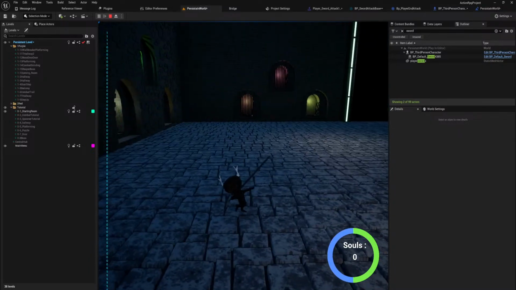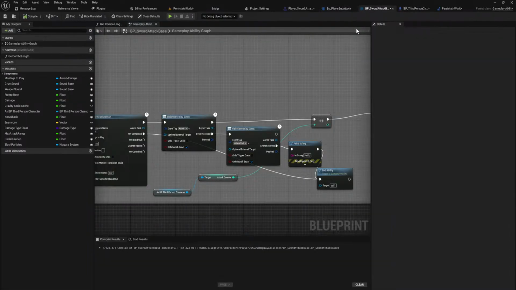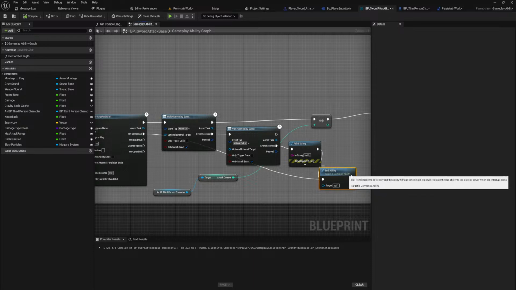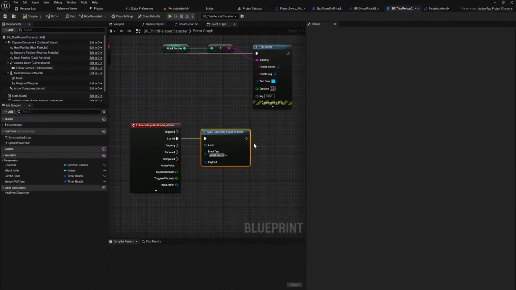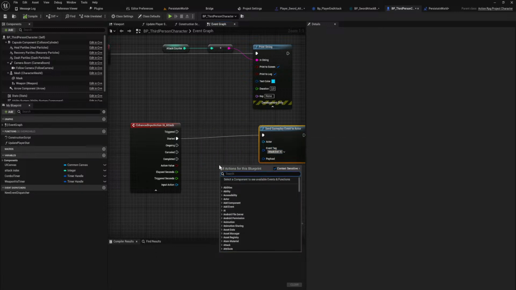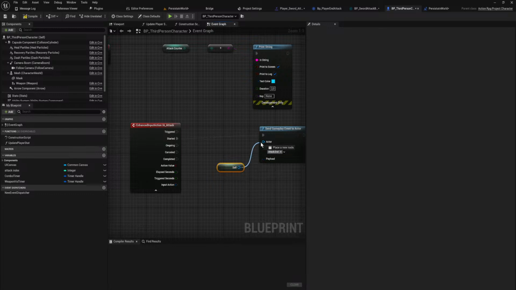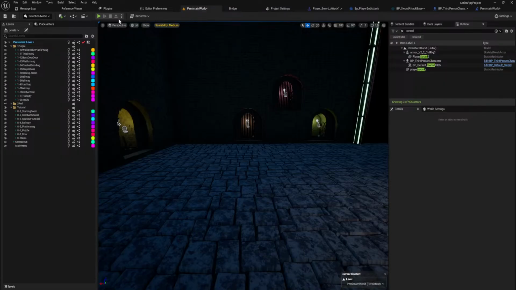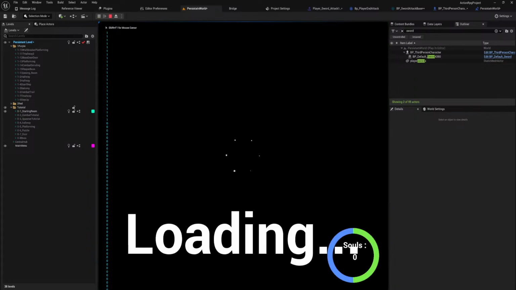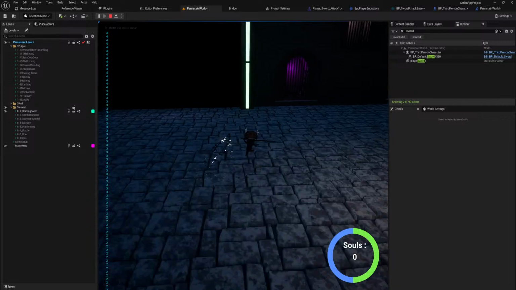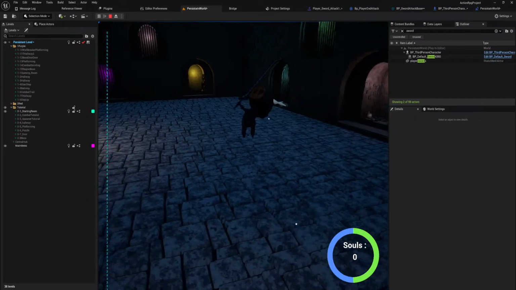Actually, I don't think the code is working at all. Yeah, no, I don't think it is. Because it should be printing in hell. Yeah, it's not working. Why is it not working? Because I'm not putting in an actor. That makes sense. Still not doing it.